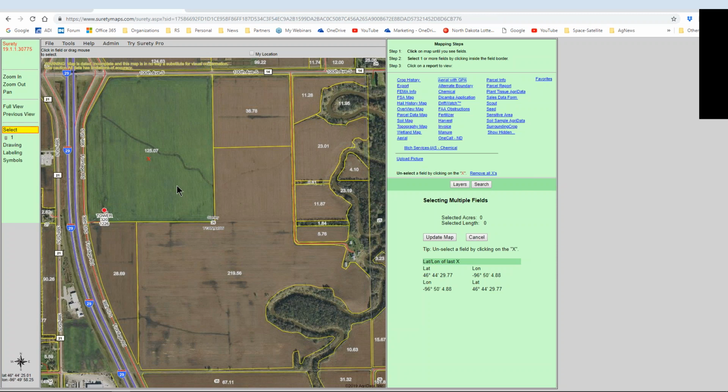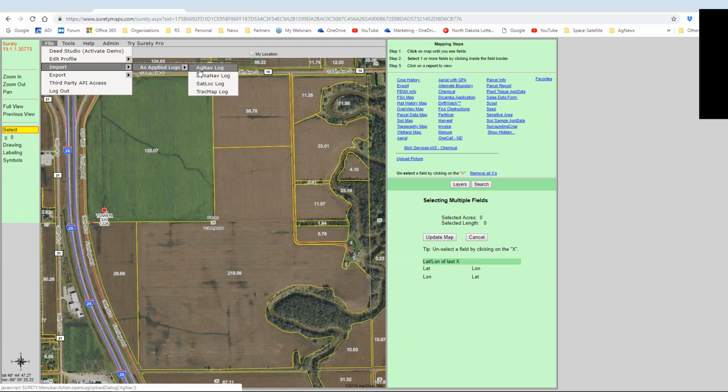Now we have some capabilities to work with a couple of different controllers. Right now we're working with AgNav, DynaNav, SatLock, and TrackMap. If you want to learn how to import any of these logs, we're not going to go through that in this process, but if you have these logs, you want to bring them in and you want to put them on a map,